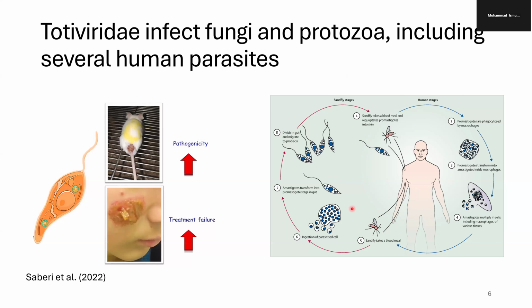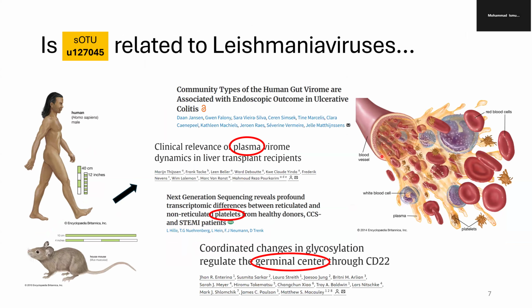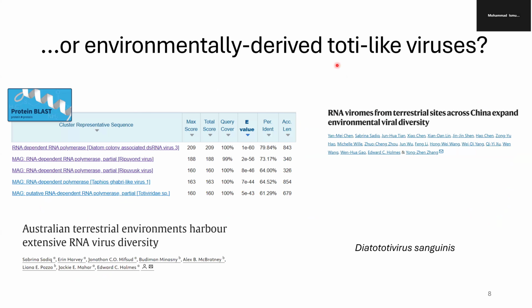This is relevant to our observation that for the 21 SRA runs that have the viral genome, most of them came from plasma or blood samples. So we can make a prediction that this new toti-like virus might be related to Leishmania viruses, because the transmission of Leishmania parasites involves contact with blood. However, this is in contrast with the top BLASTP hit, which shows that the partial RdRp sequence is very similar not to Leishmania viruses, but instead to toti-like viruses